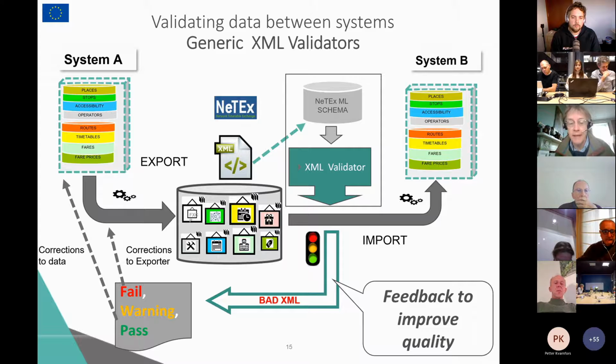And because we're using XML, in fact this is the main reason for using XML, we get a large number of built-in checks effectively when we describe a schema, and there are a lot of off-the-shelf automatic validators that can take the rules in the schema and check our data and tell us if we've got bad XML, and give feedback to the exporter, both to correct his data or his export if necessary. But that's not quite the whole story, because if we look on the next slide,